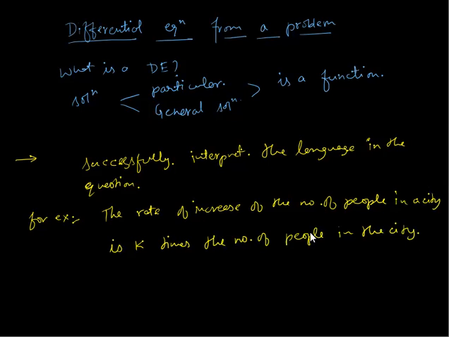So what is this statement? It says the rate of increase of the number of people in a city is k times the number of people in the city. Okay, next statement is